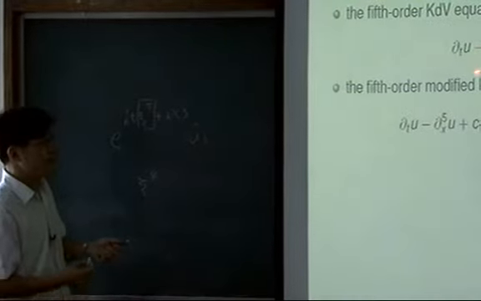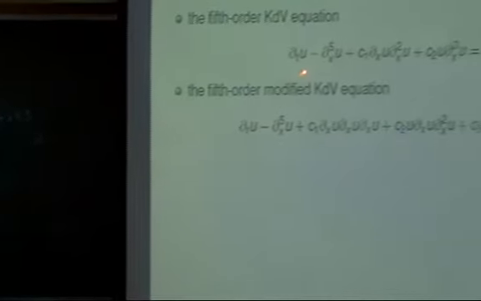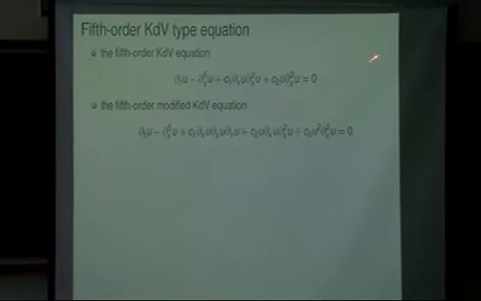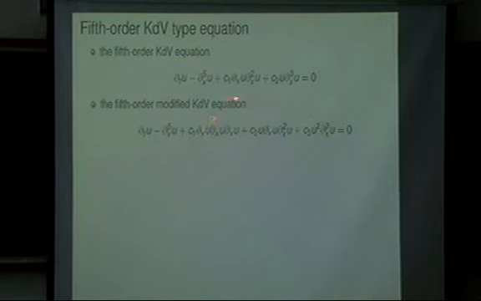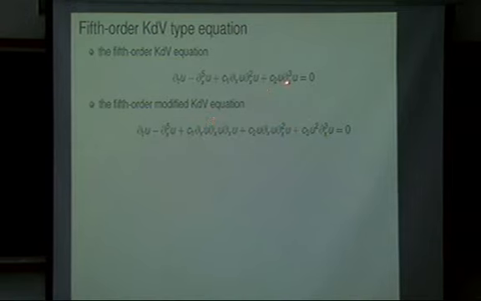So the higher order equation has a stronger dispersion effect, but the problem is the nonlinear term. The nonlinear term has too many derivatives, three derivatives, two more than the KdV equation. The reason why the fifth-order KdV equation can be an issue is because of the many derivatives on the nonlinear terms.